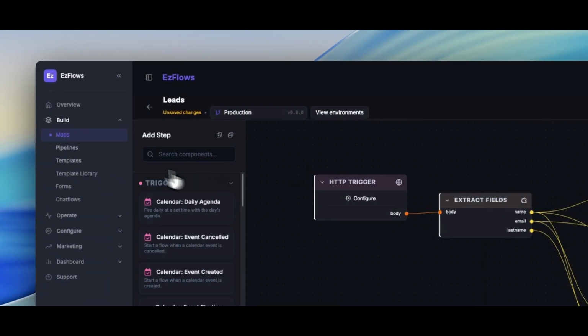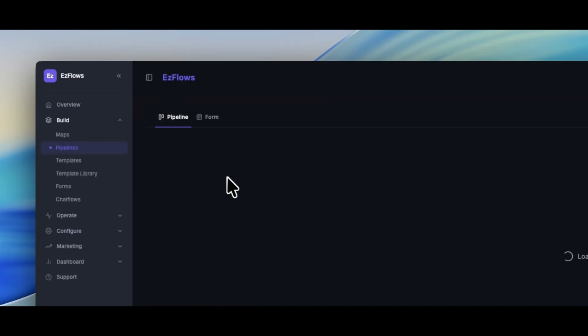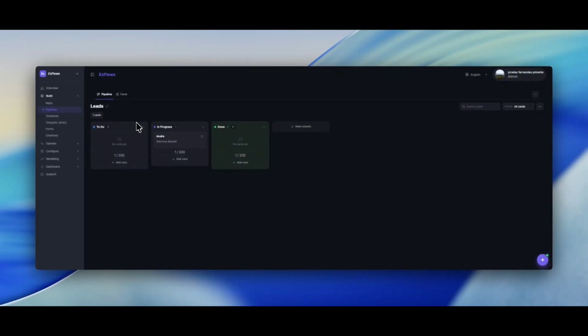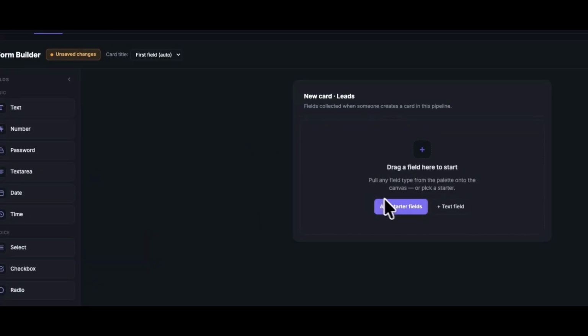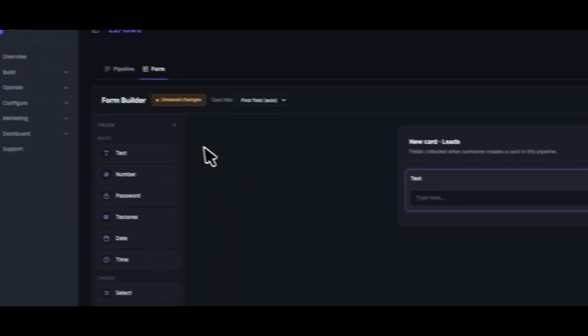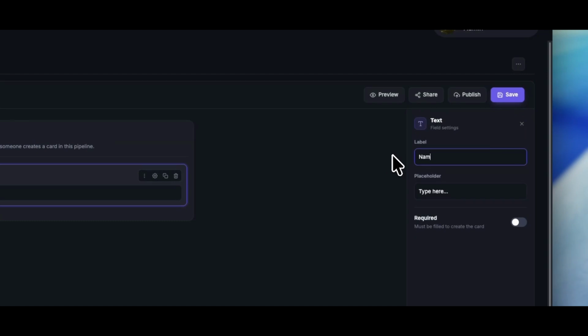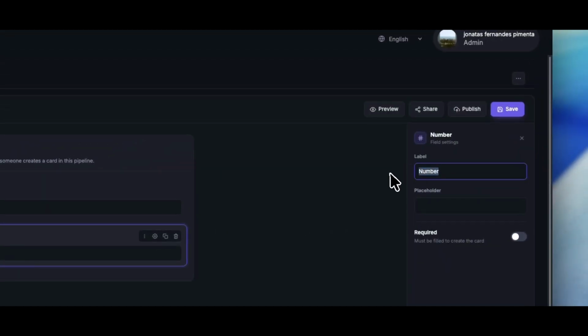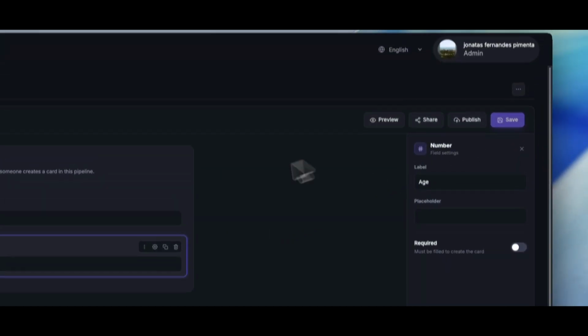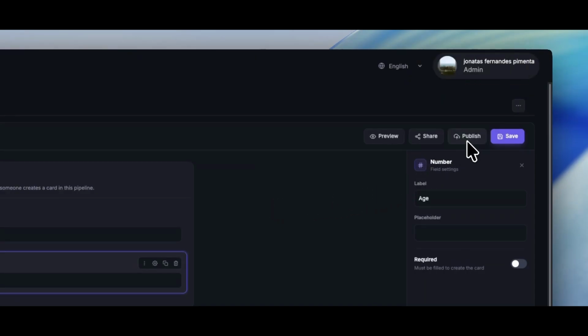Another thing that we have that is pretty neat is the form creation. So let's say that we want to have a public form now that, when filled, adds users to our leads pipeline. All you gotta do is click on form, and you can create a form. So let's say name, and let's say that we are going to have, I don't know, age. As soon as you click save, you will then have to click on publish. Now